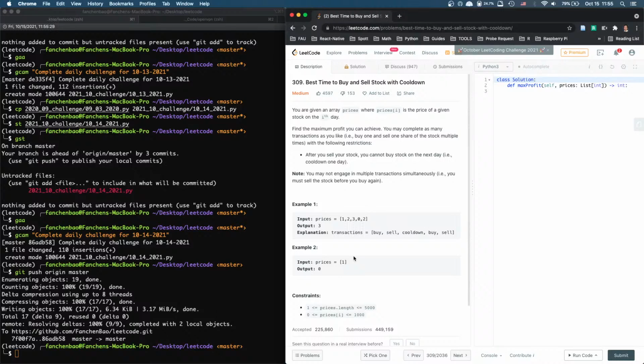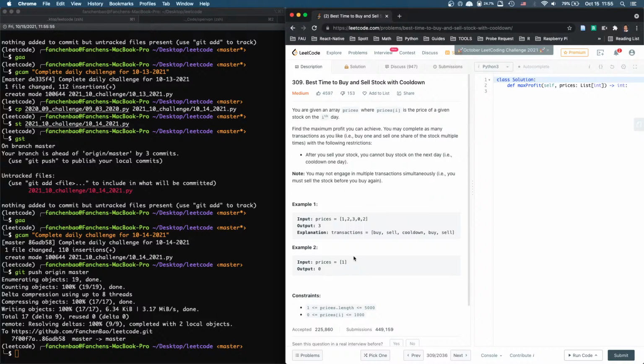If I'm in a cooldown state, there's only one way to go, because cooldown is only achieved by selling. So the only way to go is to transition to the empty state. But if I'm in the empty state, I can choose to not buy or buy. If I'm in the holding state, I can choose to not sell or sell. So yeah, that is the